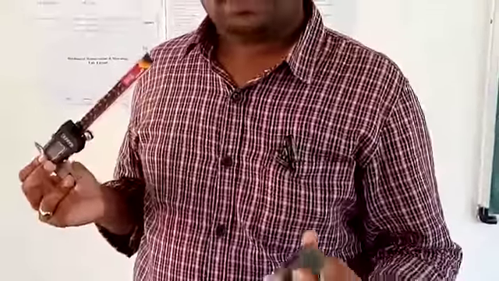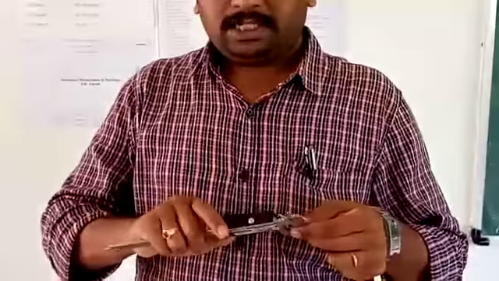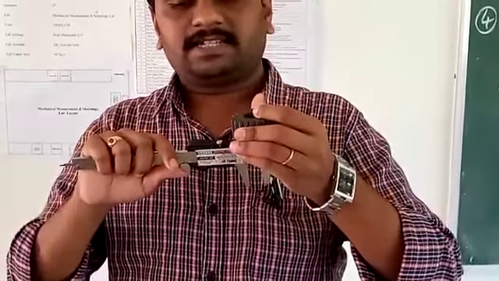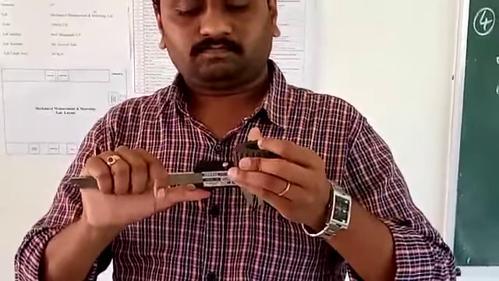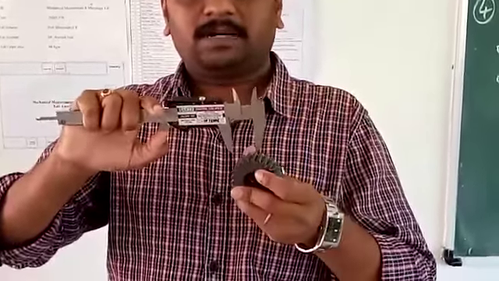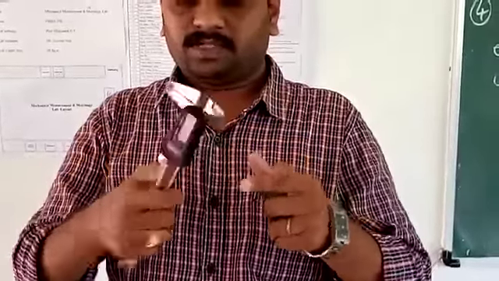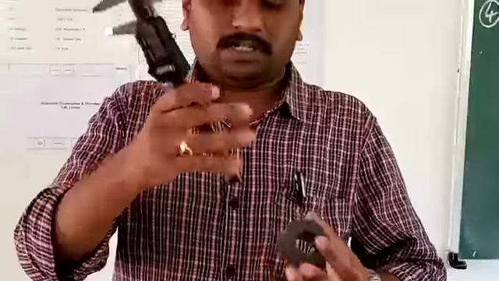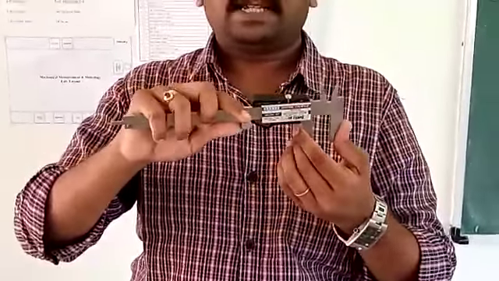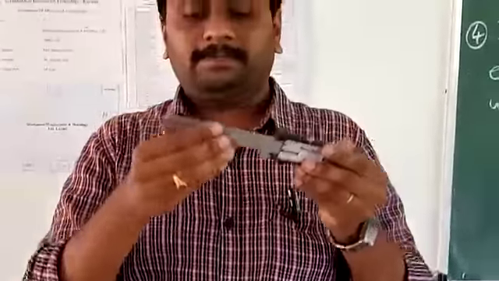As for how you are going to use them, for example, this is a spur gear where you are going to use the upper inner jaws for measuring the internal features like this, and the lower jaws are used for measuring the outer measurement, and this is used for the depth. This is for measuring the internal parameters, this is used for measuring the outer parameters, and this one is used for measuring the depth. These are the three different types of vernier caliper.